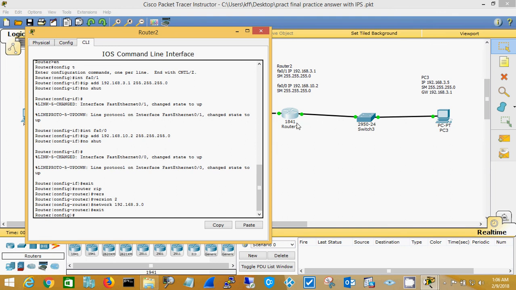Ain't going to go nowhere. So we need to configure this interface as the gateway of last resort. We're going to send all packets for any address that it doesn't know out this interface. So the command for that is